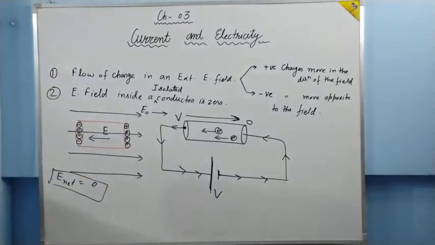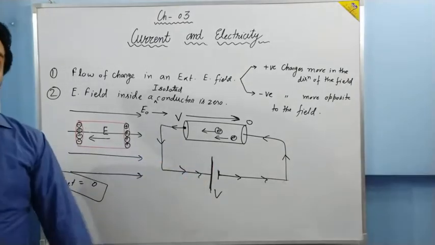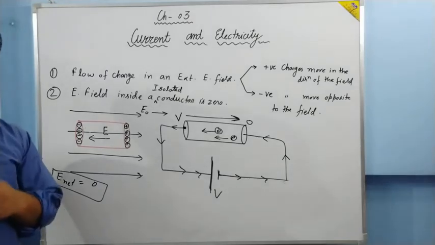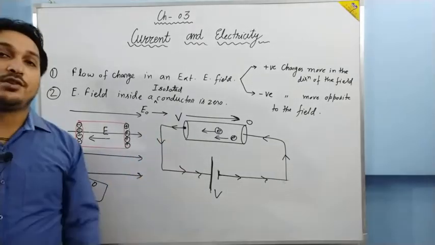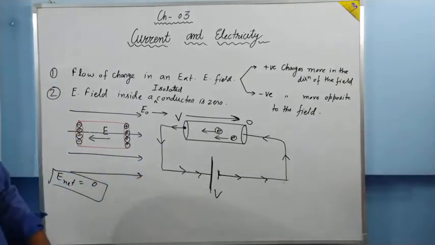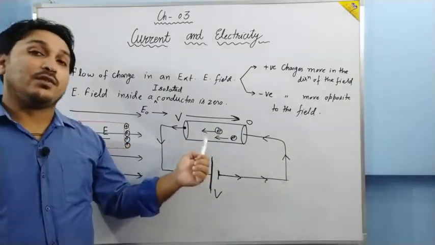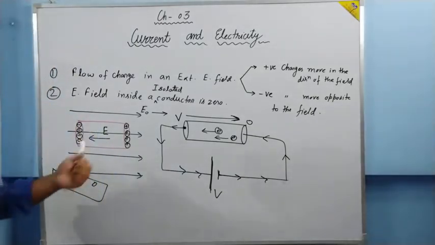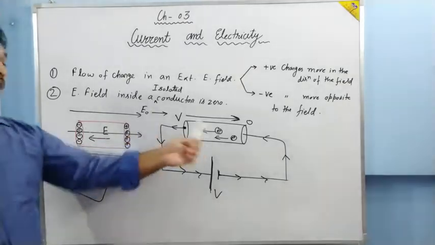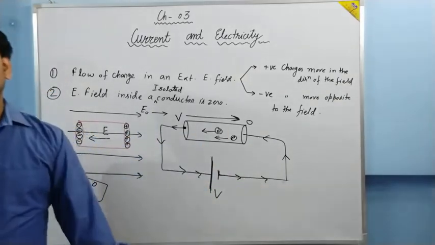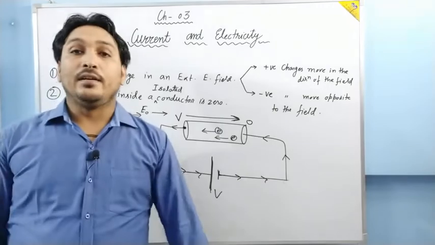So here we have maintained that electric field and because of that we are having a current. But we don't count potential for that, we count electric field. Later on we will move from electric field to the potential, but for now we are going to understand that this is happening because of the presence of an electric field inside the conductor. Here the net electric field is not 0. It is not isolated, it is connected to a cell, a source of potential difference which causes electric field, which causes motion of electrons. So this regular flow of electrons is what is called an electric current.